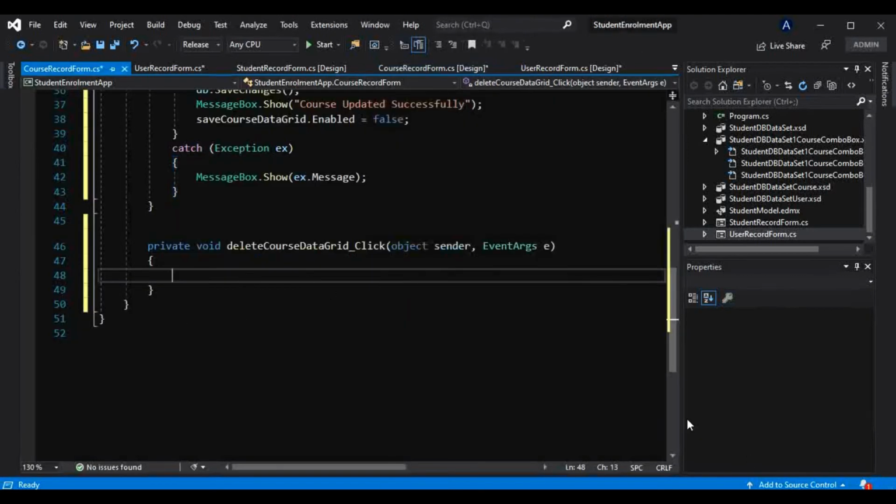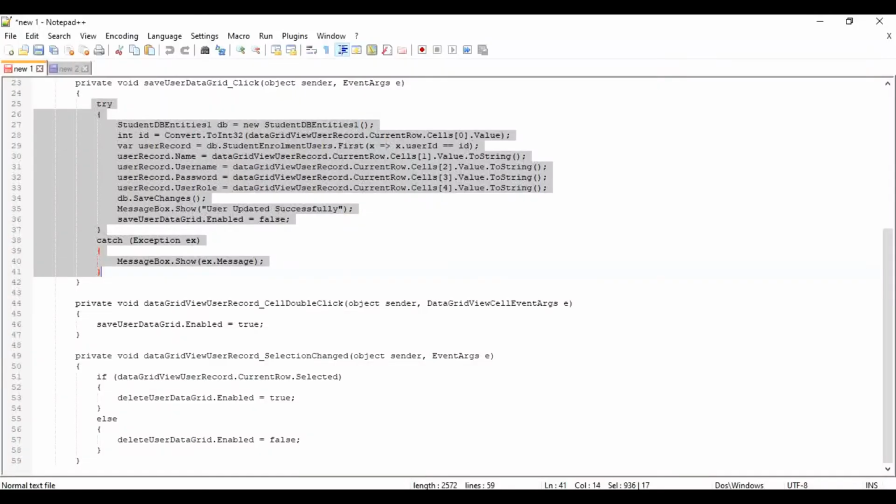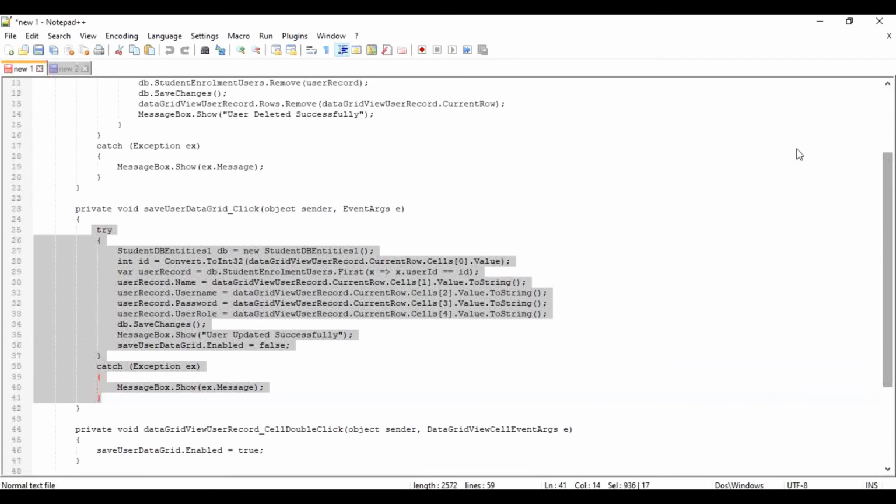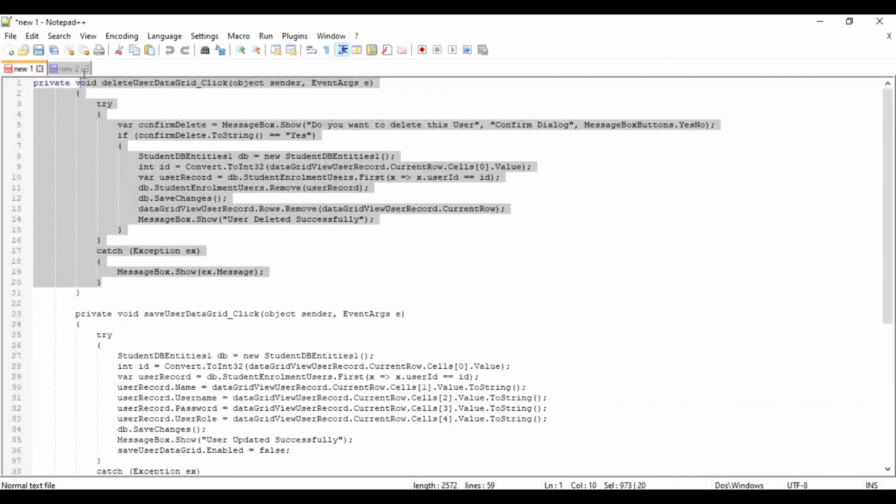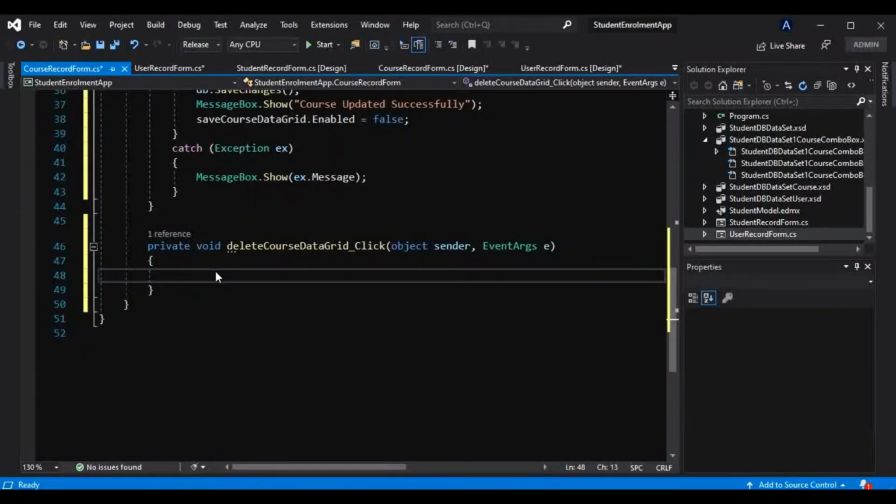And the code for which I have already typed here, that is nothing but a user, and we want that delete functionality that I already typed in this file, and let me use that here.